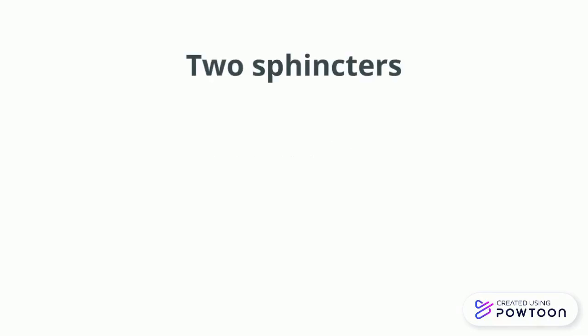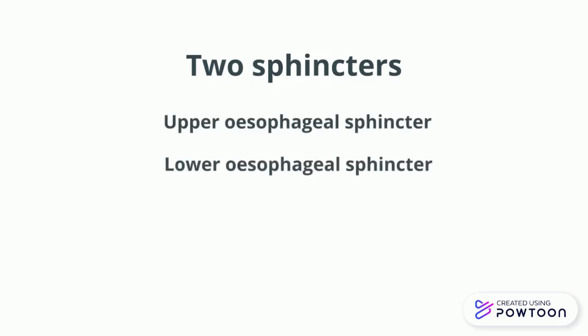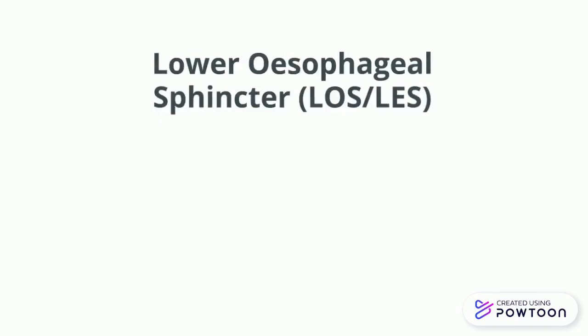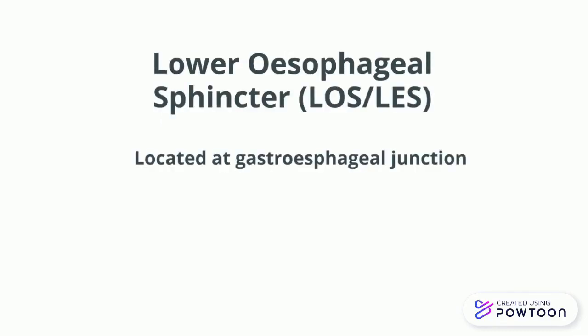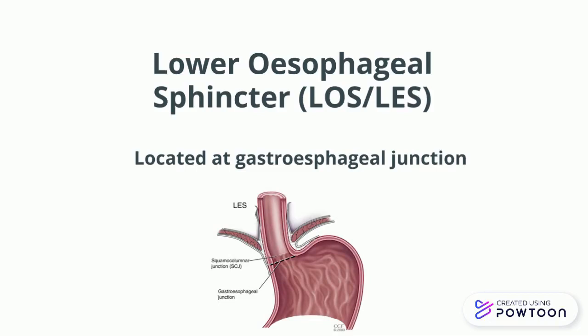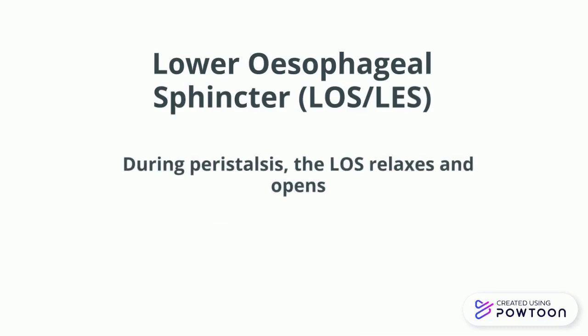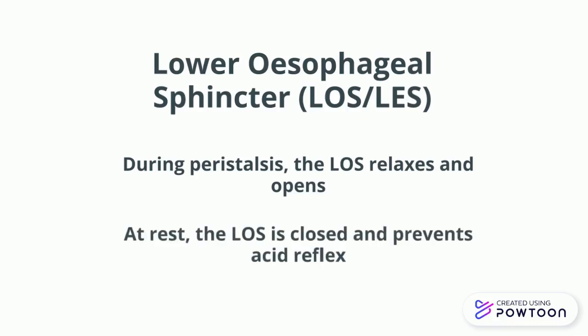The esophagus contains two sphincters, the upper esophageal sphincter and the lower esophageal sphincter. Let's focus on the lower esophageal sphincter, or the LOS. The LOS is located at the gastro-oesophageal junction, the transitionary point between the stomach and the esophagus. During esophageal peristalsis, the propulsion of food through your esophagus, the LOS relaxes and allows for food to enter the stomach. At rest, the LOS is closed and prevents the reflux of acidic gastric content from flowing back into the